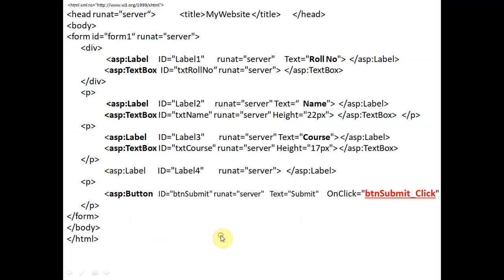Finally you can see here the button. In the case of active server pages, we'll write asp colon label with ID Label1, its variable name is Label1, and we will write run at server. It means it will run at the server, not the client. And the text is roll number, so it will display roll number on the label.